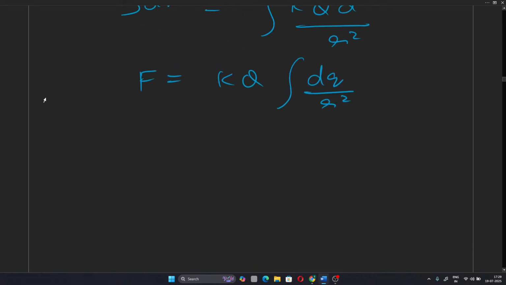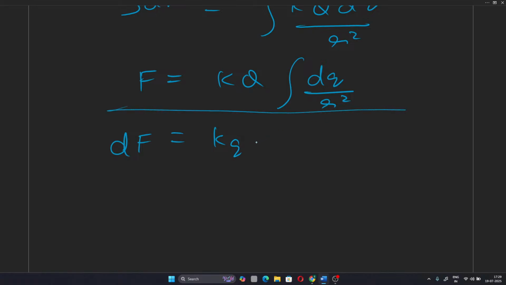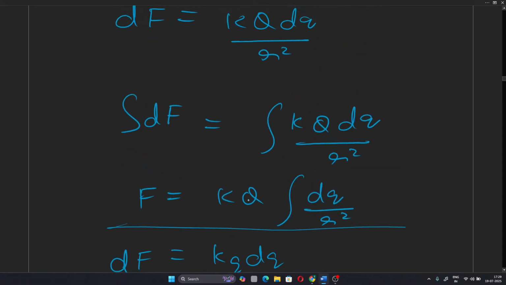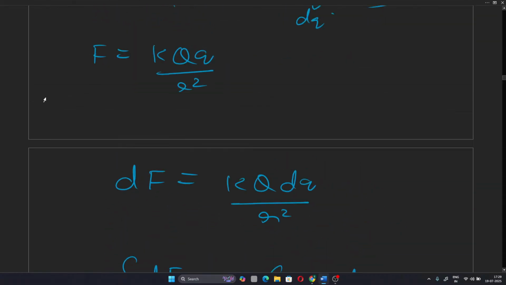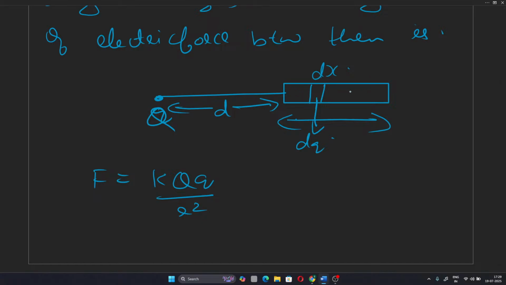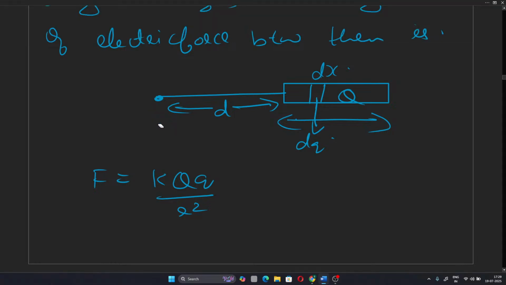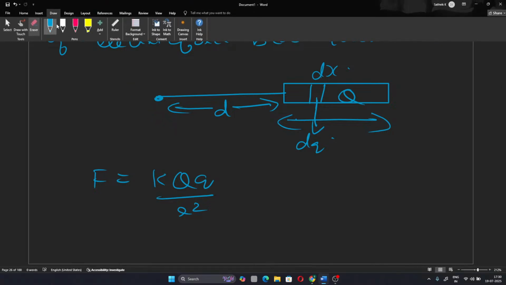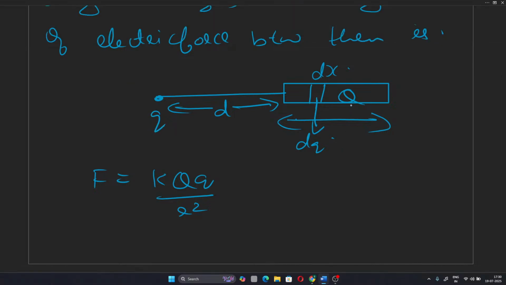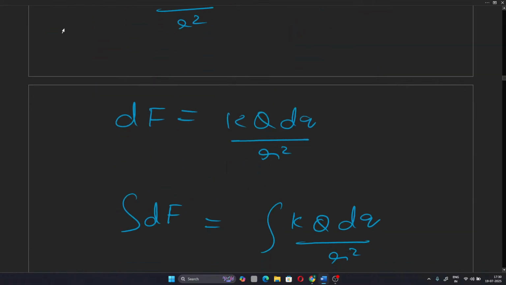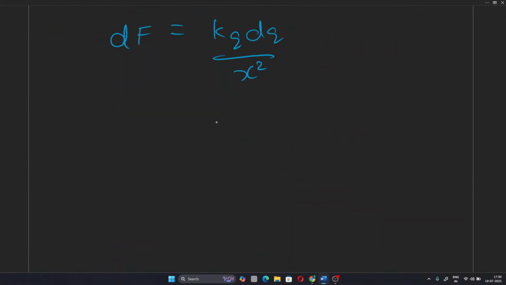Or we can take it another way, that is df equals kq dq by x square. The total charge here is q, so let's not take it as capital Q here; let's take it as small q itself. This is a capital Q here, and from the linear charge density formula we know that